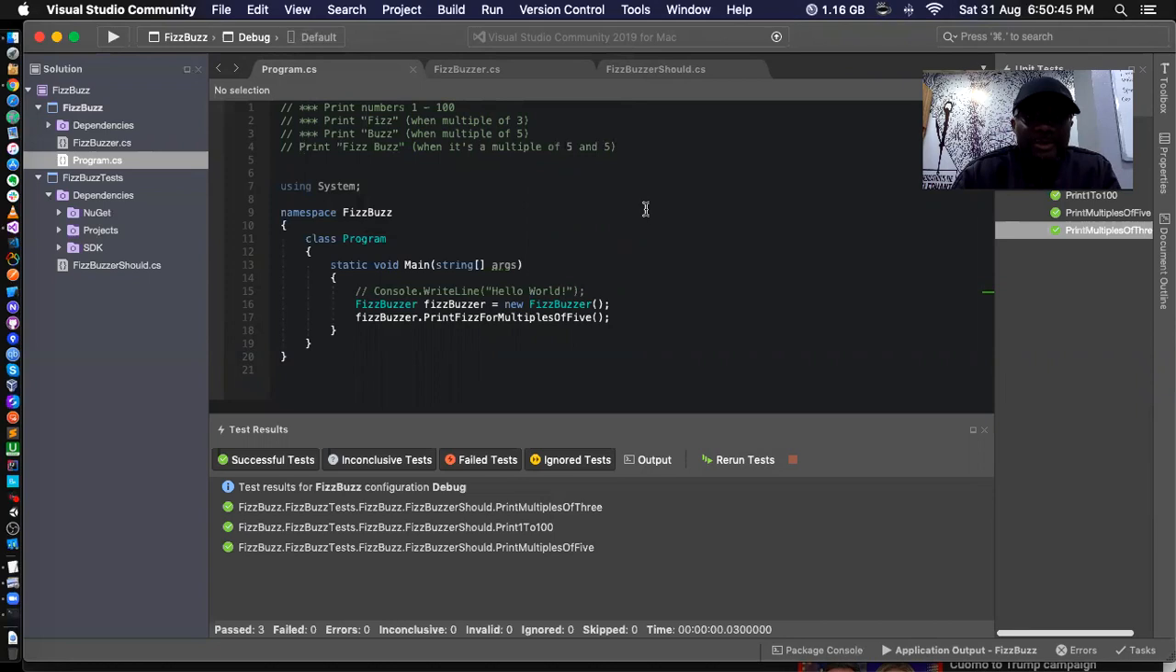And when there is a coincidence of a number being both a multiple of 3 and at the same time a multiple of 5, then it should print Fizz Buzz. So the description of this is slightly tricky. What if I did this? Now look at this